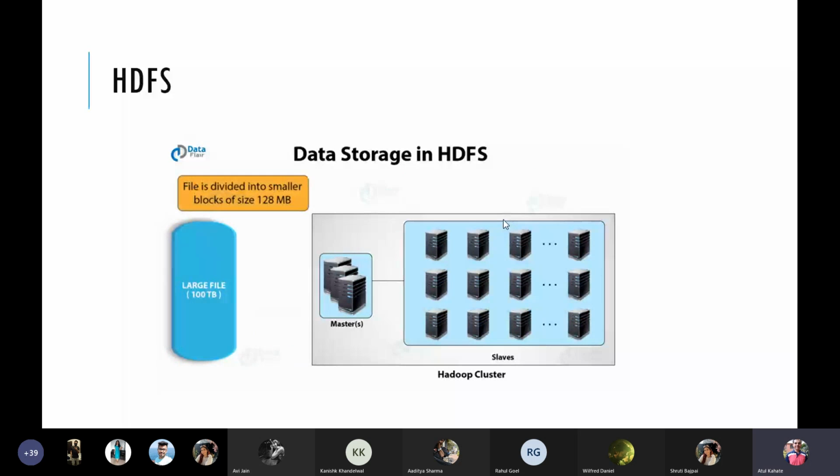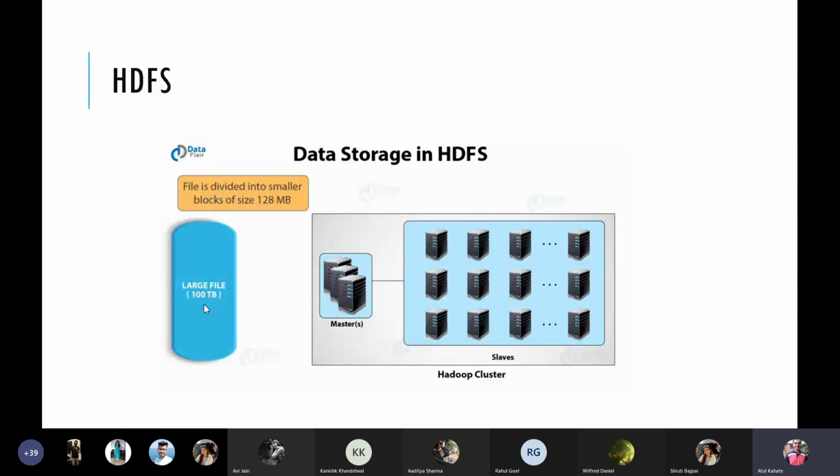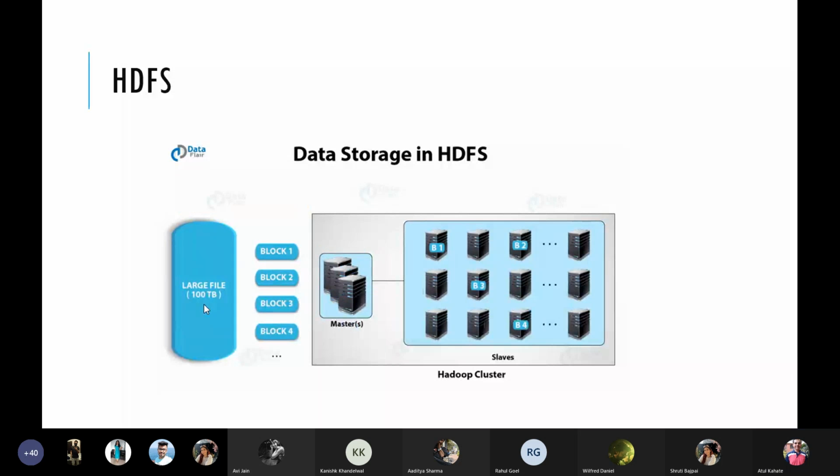Let's say we give HDFS a file which is quite large, say 100 terabytes. Then, as this nice animation from Dataflare shows, it will actually divide this file into chunks of 128 MBs each and call each chunk a block.